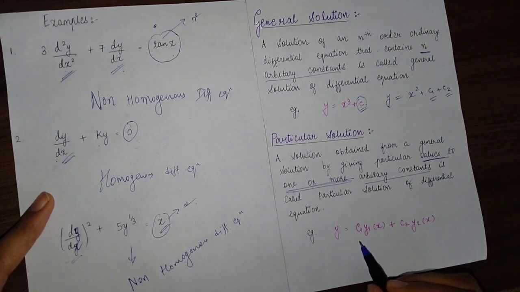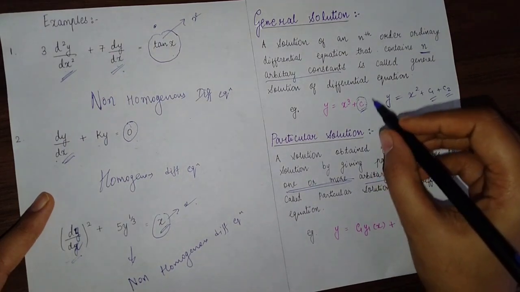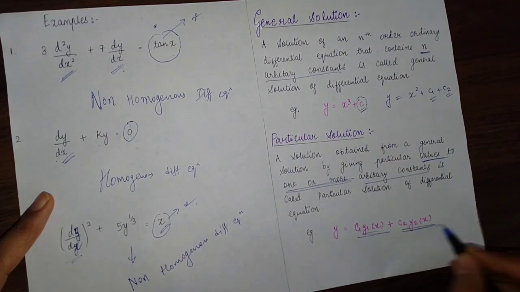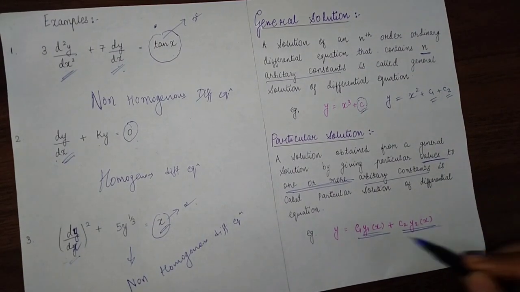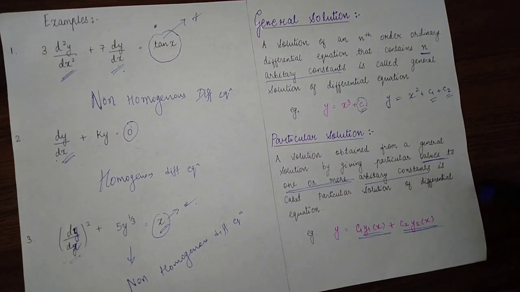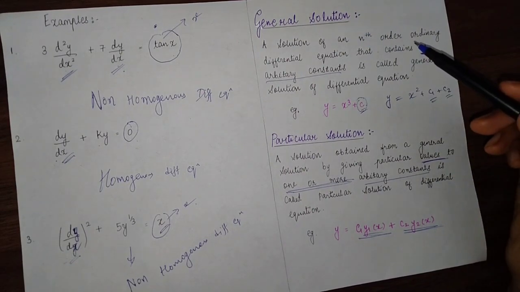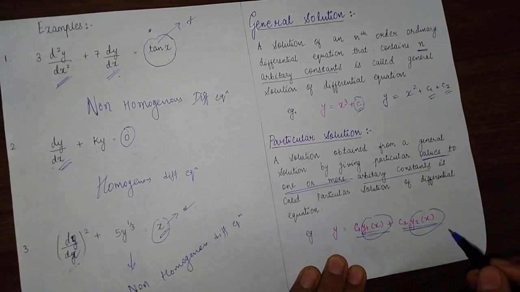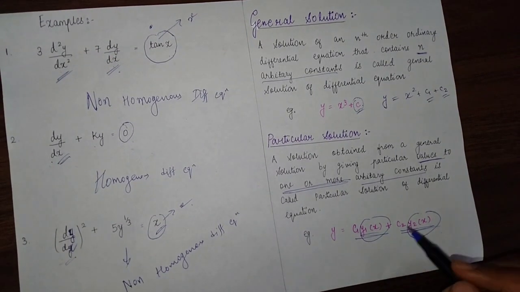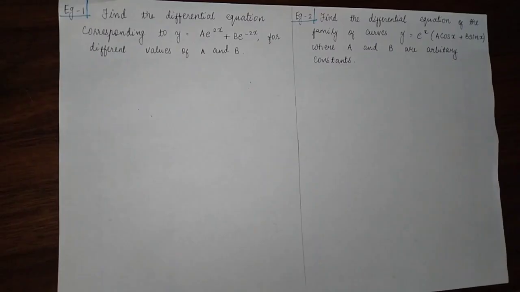It means like this, c1 y1(x) plus c2 y2(x). The constant is not alone, but here it is along with the value. So whenever the constant is along with the values, then such a type of equation is called a particular solution. But if the constant is alone, then it is a general solution. If one or more values are assigned to the constants, then that will be the particular solution of the differential equation. We will study how to find the differential equation for any given curve y.